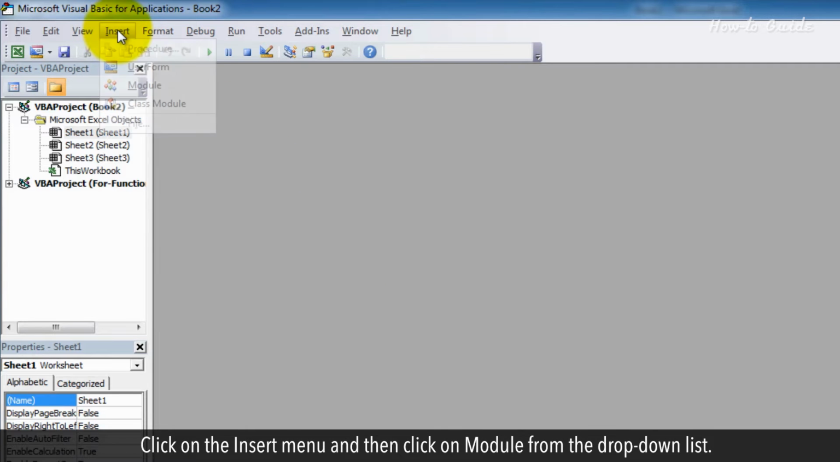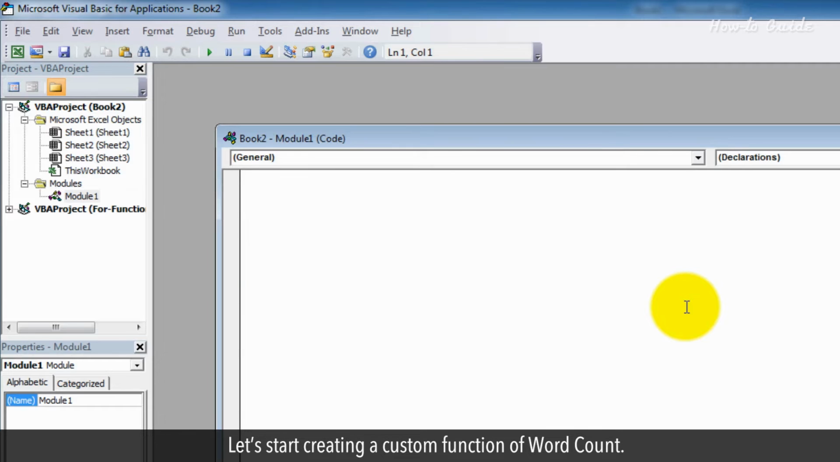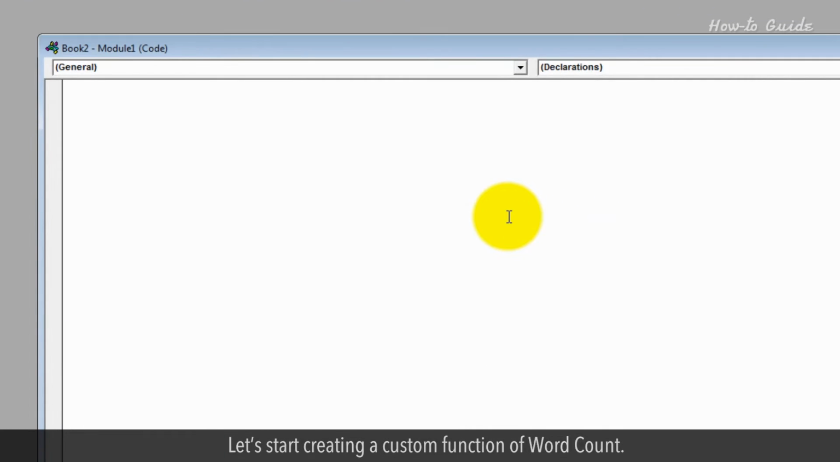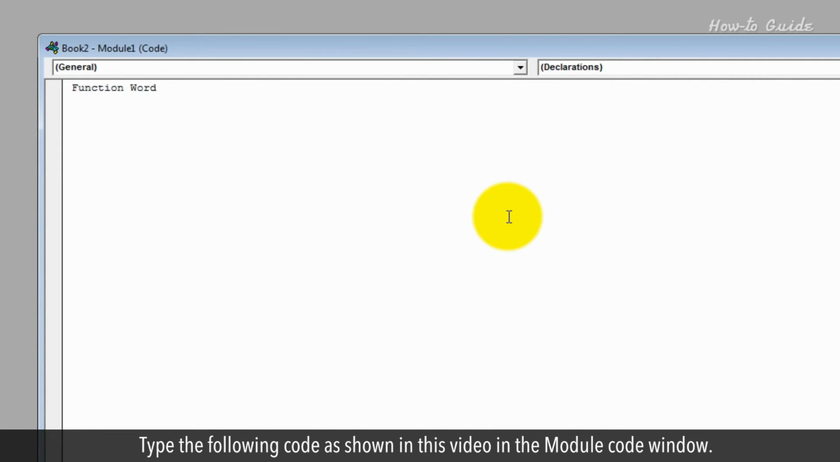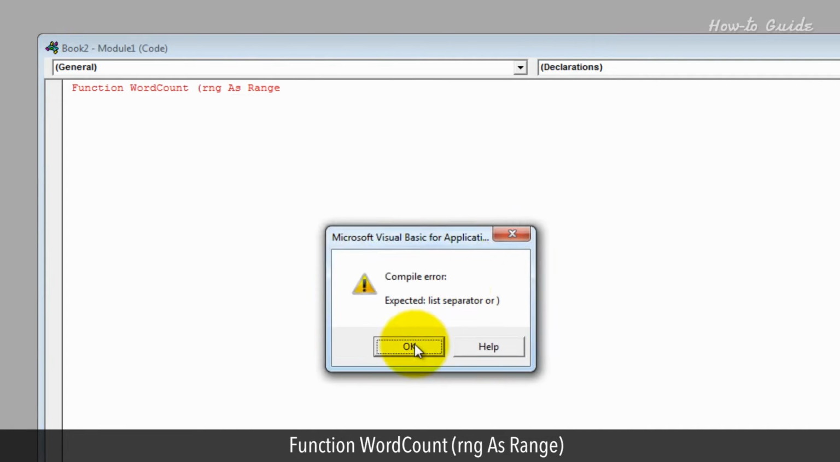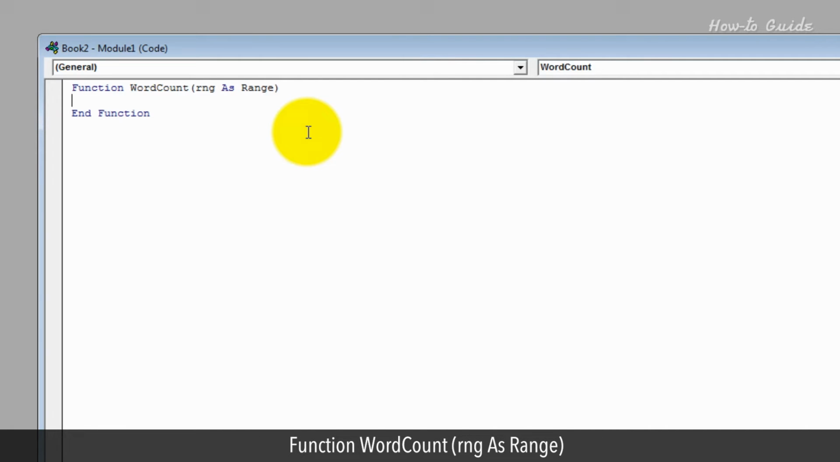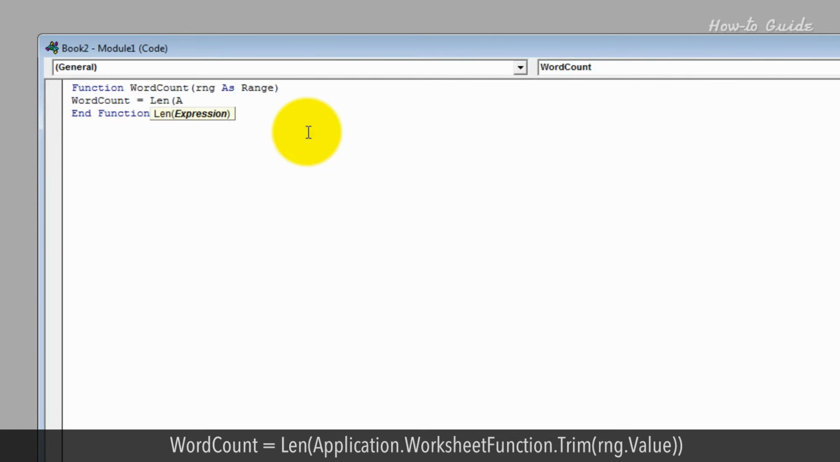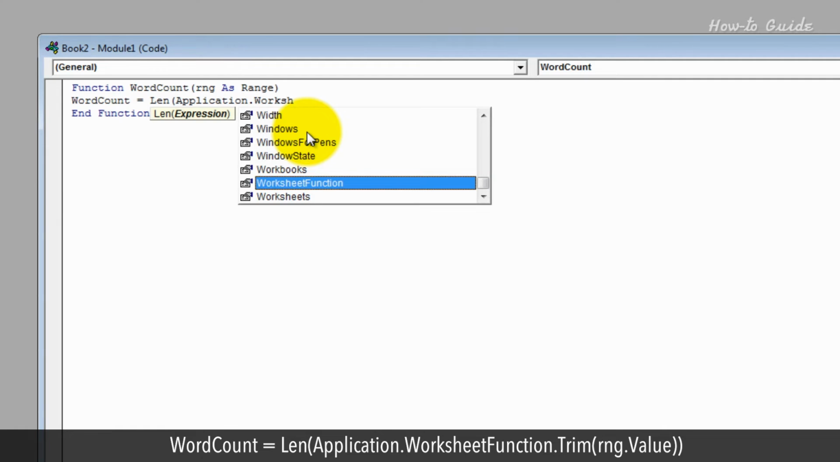Click on the Insert menu and then click on Module from the drop-down list. Let's start creating a custom function of WordCount. Type the following code as shown in this video in the module code window. Function WordCount(RNG As Range). WordCount = Len(